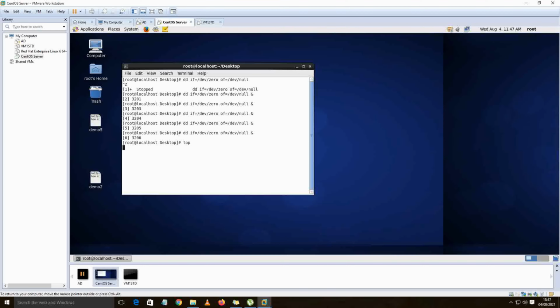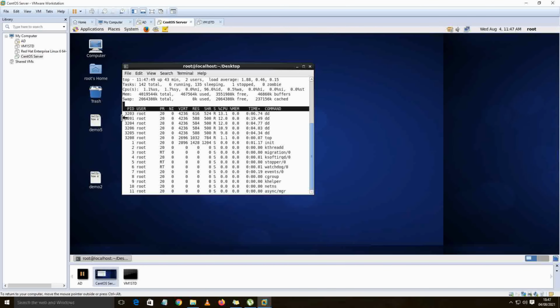I am just going to press enter, and you will see that the PIDs or the processes which we have created have come over here. Now this particular top command is always refreshed after every 5 seconds. That is the reason you will see that the output is continuously being refreshed. Now the important tasks that we want to perform are, we want to kill a particular process with the help of this top command, and the second thing is we want to change the priority of that particular process. I will show you first how to kill that particular process.